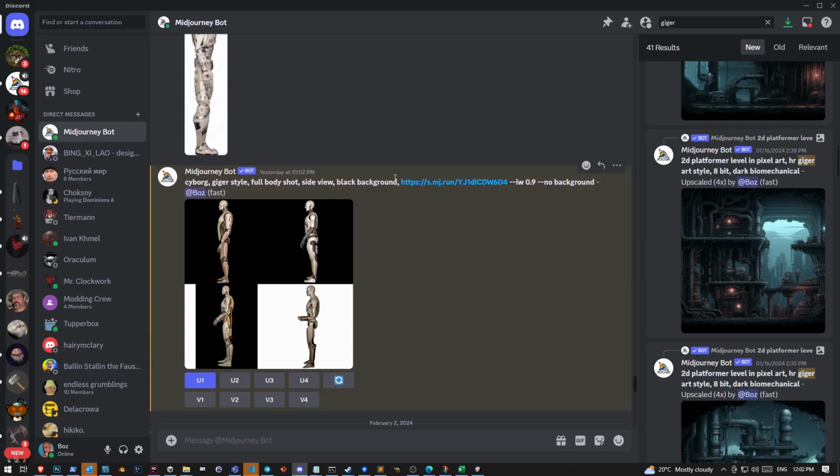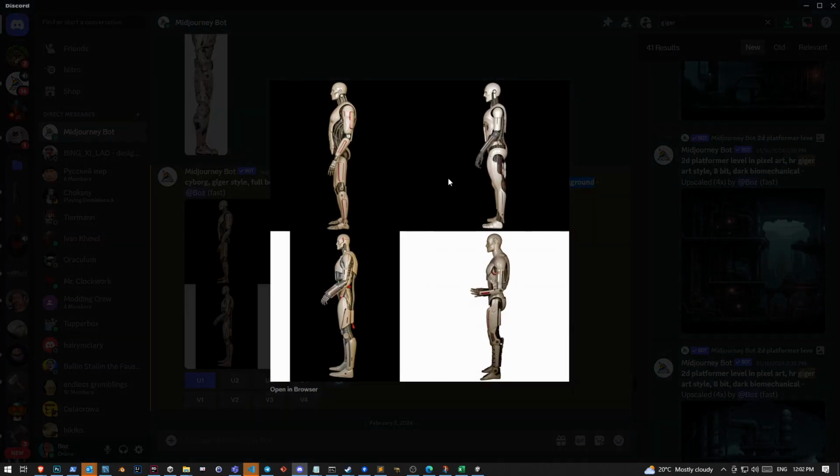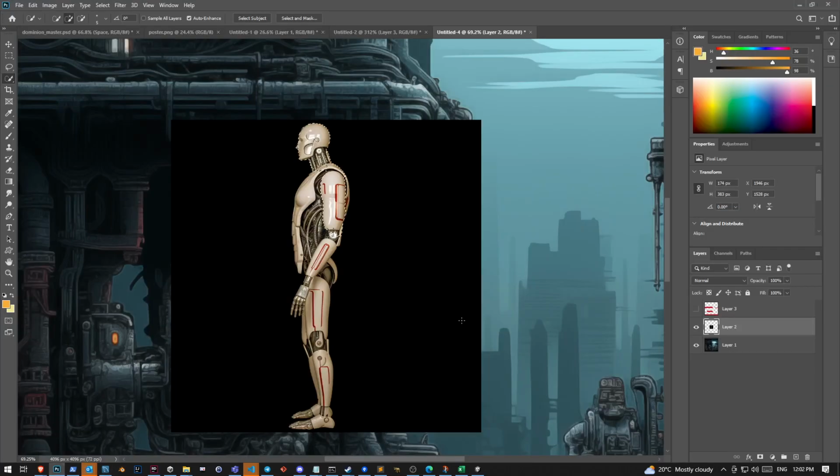You really want a black background because if you cut out the image, the edges of it are going to be a black outline instead of a red one, instead of a white one. And you want to make sure that you use no background, which is going to make the background like a plain color. So I want to select this whole character,